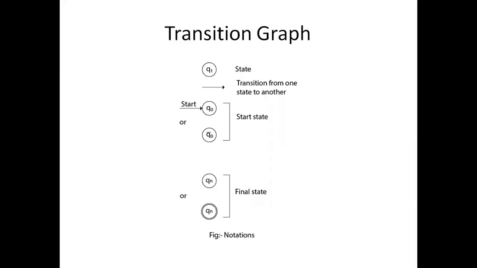So the transition graph is basically a graphical representation of a DFA. ঠিক আছে? সেখানে আমরা কিছু কনভেনশন ইউজ করা হয়, like circles for representing nodes, arrow marks to represent transitions, double circle to represent the final state, and so on. Now using these notations we make a graph which depicts how a DFA works. Okay,